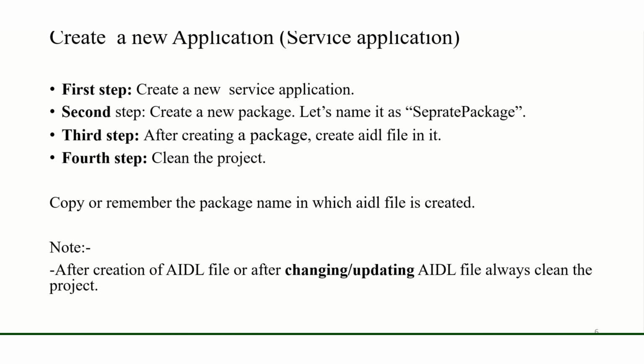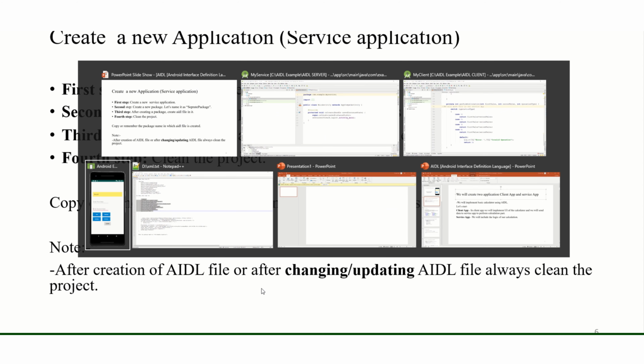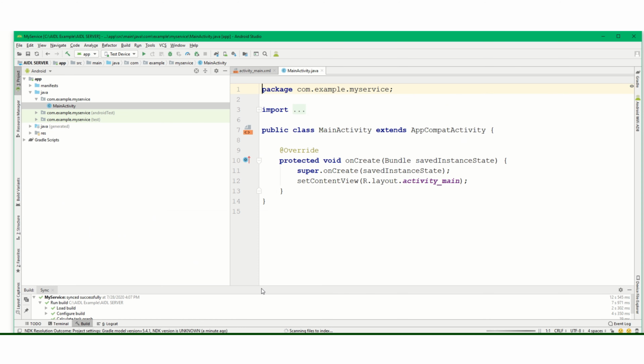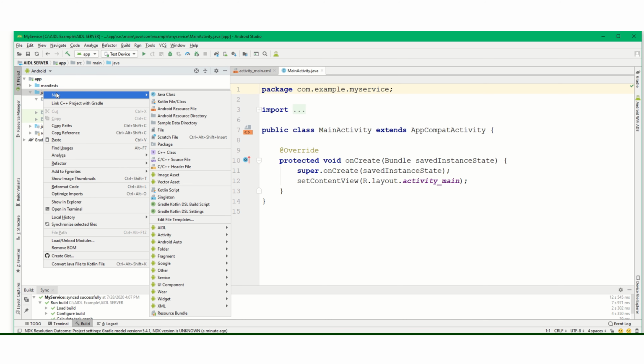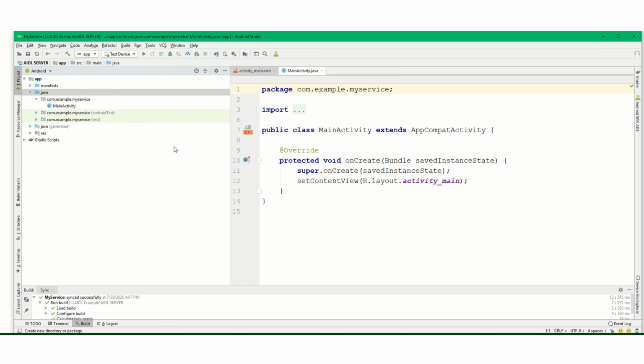Let's go to our presentation. Second step, we will create a new package. Let's create a new package in our service application. Click on Java, new, and package.